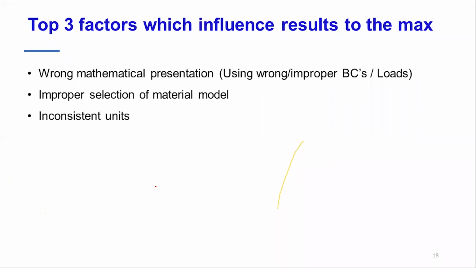The moment you have a wrong mathematical model, for instance, I just told you, instead of flexible fixation, you have rigid fixation. If it is in contact, you may not define that contact. And then you may choose some material model which is not really going well with your material. Inconsistent units, I would say experienced people won't do it, but this is very much there for new users. So this is definitely one of the causes for wrong results.